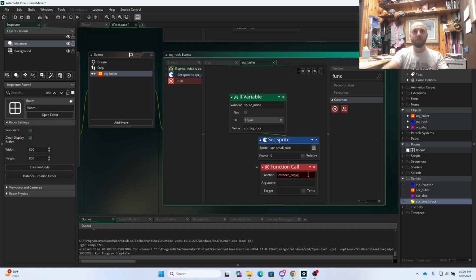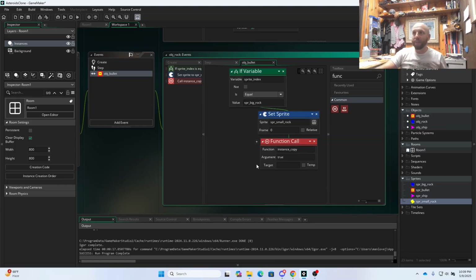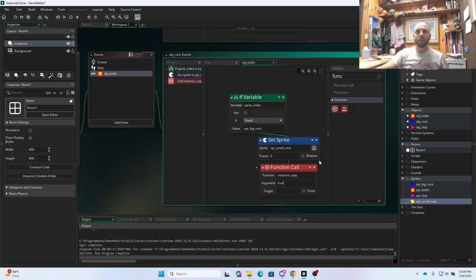And we just want to give that an argument of true to make this work. And that's going to go ahead and create another small rock. So we're setting our big rock sprite to a small rock. So now we kind of have a small rockish object, and then we want to go ahead and copy that